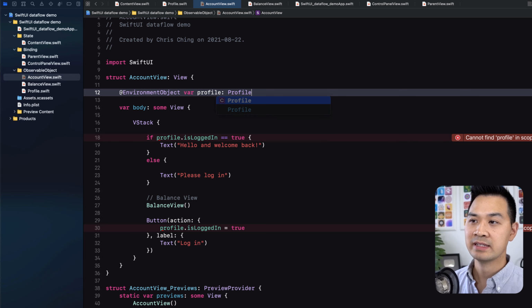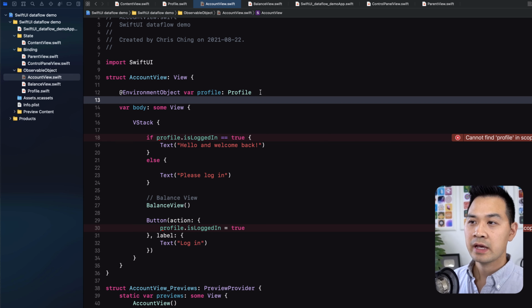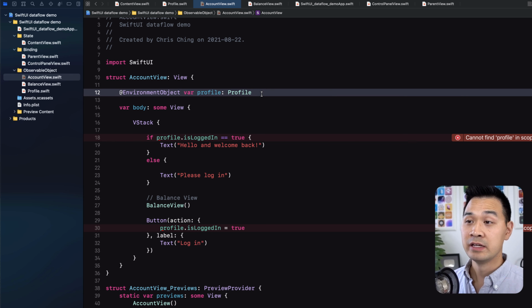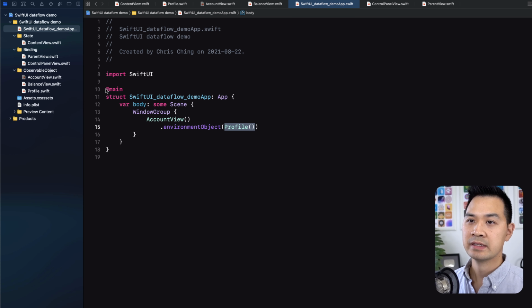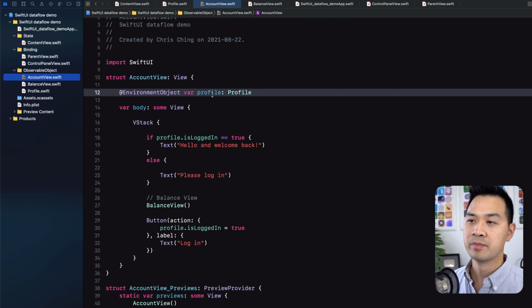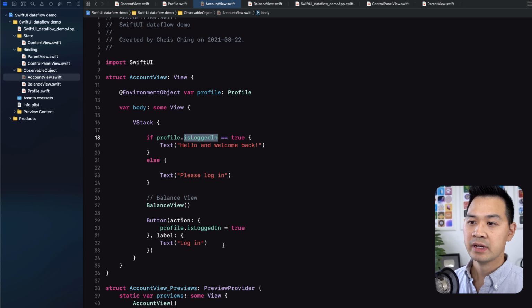We have to specify the data type of it though. And notice here, I'm not creating a new instance of profile. What's going to happen is it's going to read this instance and it's going to populate this property with that instance. So here I can still access the property, and here when the button is tapped, I can still change that